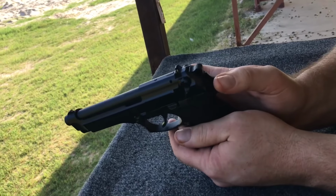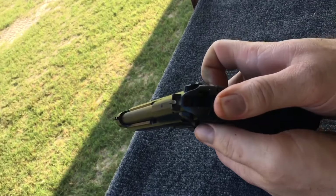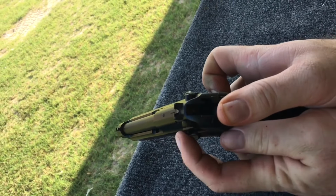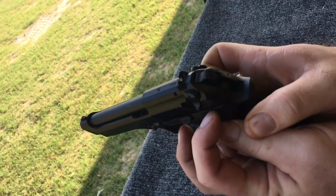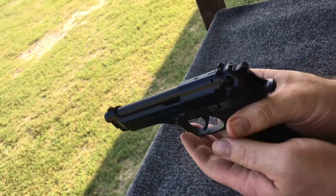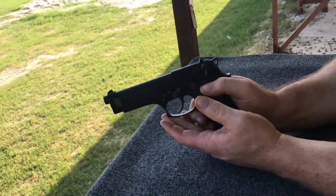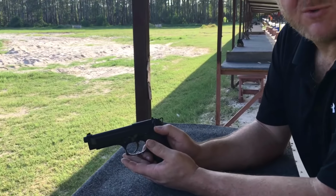Also, with the safety engaged, if you look, the firing pin is actually rolled out of the way. Firing pin's engaged, it's in two pieces, now it's disengaged. So even with that like that, I can let it go forward. There's no way the firing pin can actually connect. So this gun is extremely safe to carry loaded, with or without the safety on, which was a big benefit